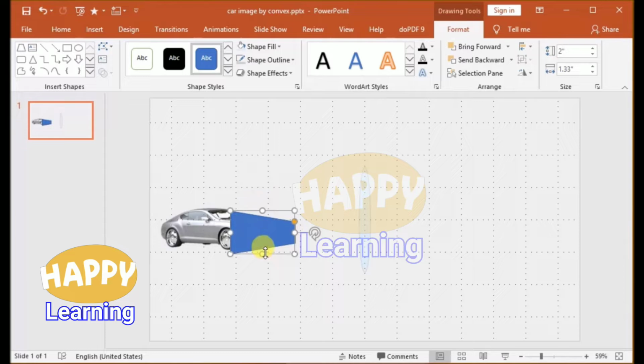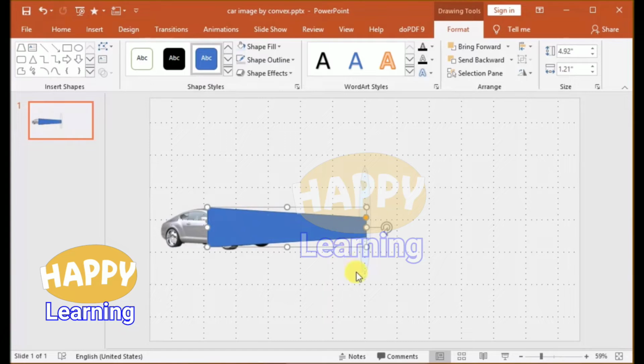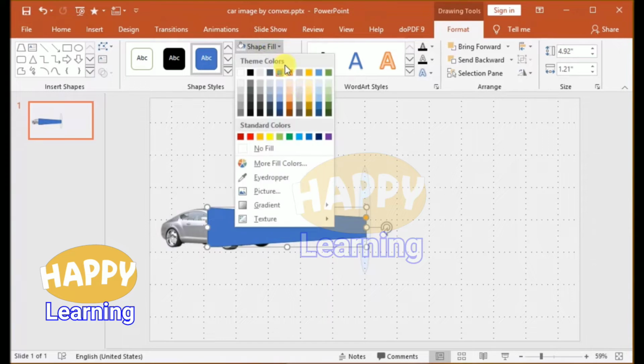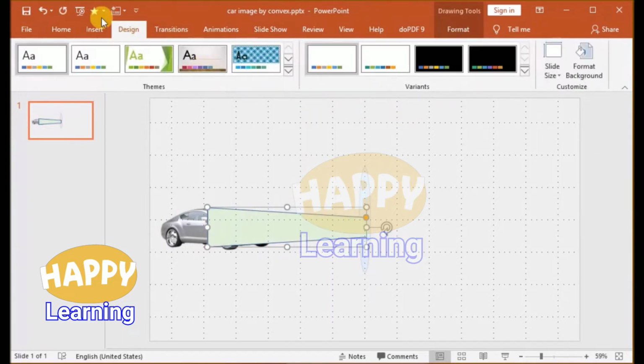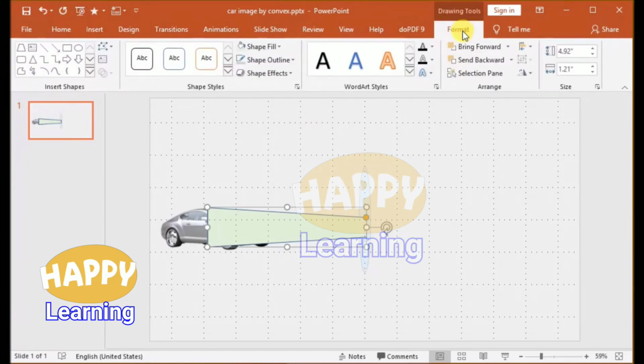So let the trapezium start from the middle of this car image and adjust its height, then adjust its width from the car up to the convex lens, then change its color, light yellow color I have selected, then go to